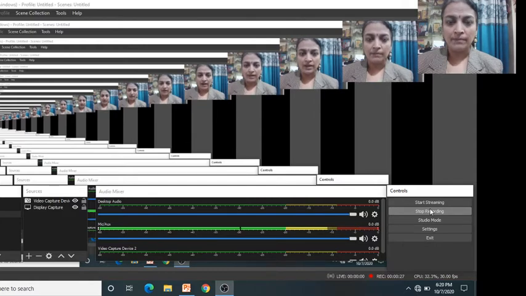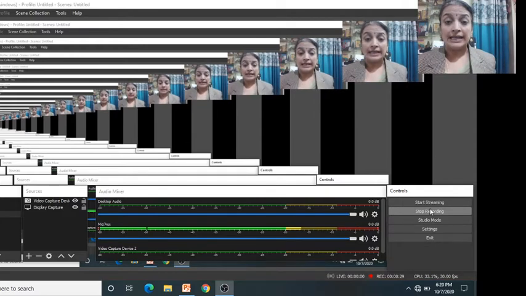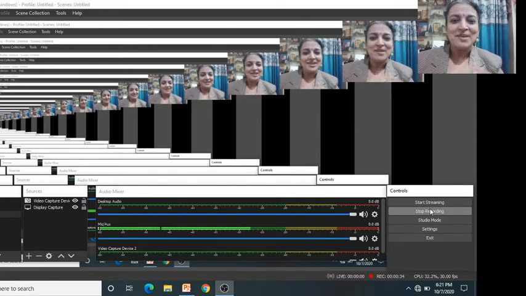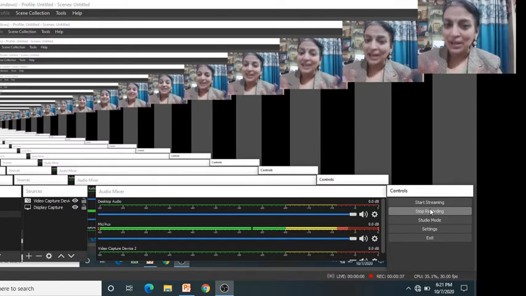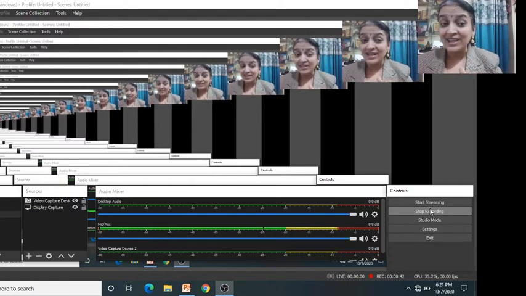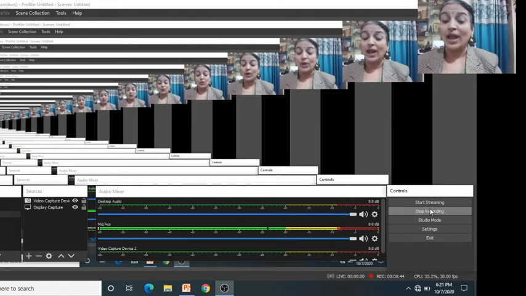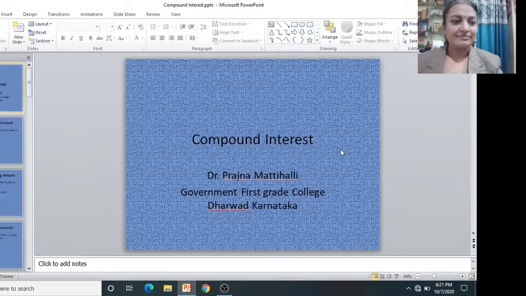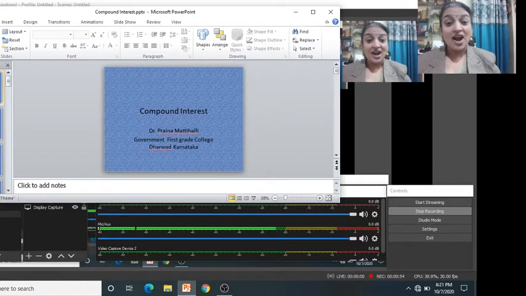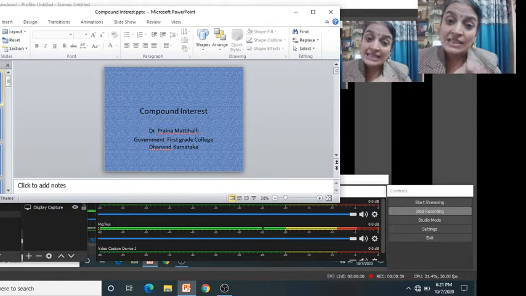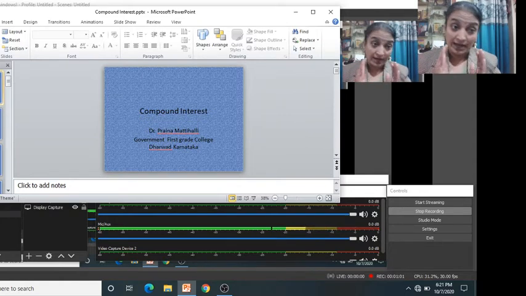As you know very well, compound interest is similar to simple interest, but there is a great difference between the two. What is the similarity? What is the difference? Let us understand it and you can appreciate it also. Okay? So here we are observing how compound interest is going to be helpful in our life.